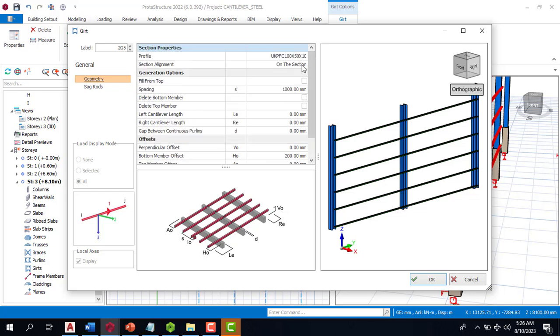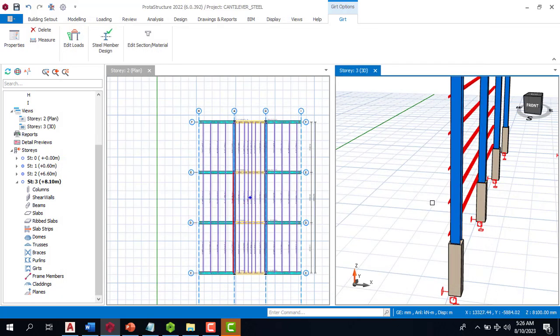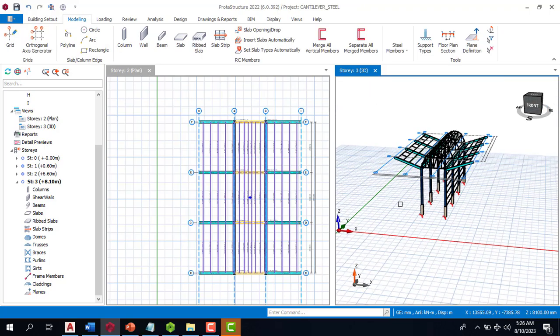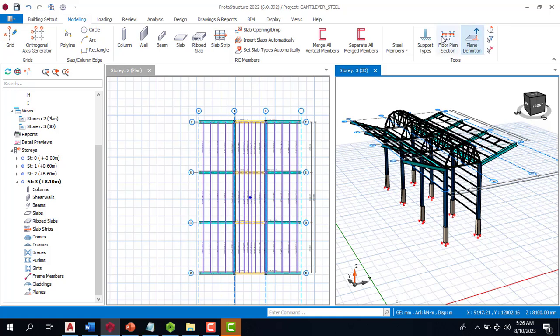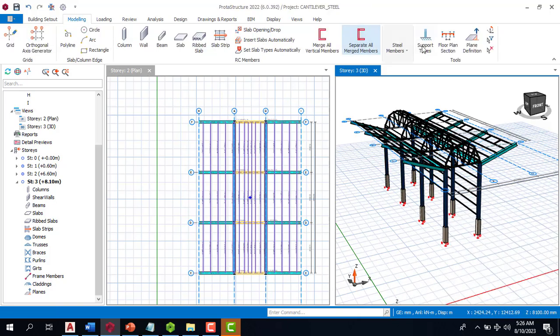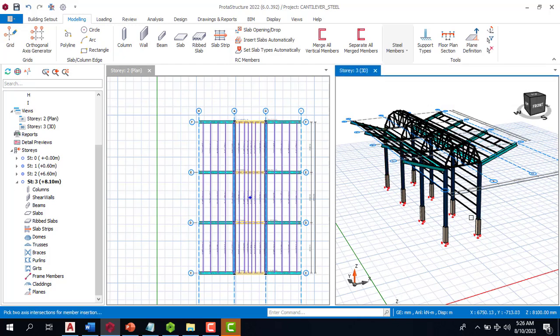If I double click here and I click on under section, it's going to take this out for us, but mind you, I'm going to even delete it. I'm going to take that all over again. So I'll come to my GAT here, I'll click here, and I click here. That didn't work. Pick it, click,